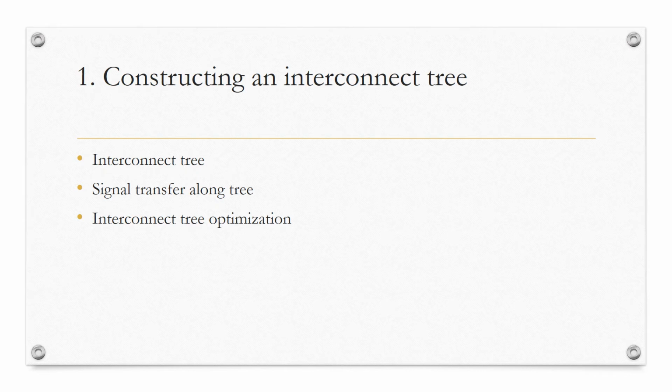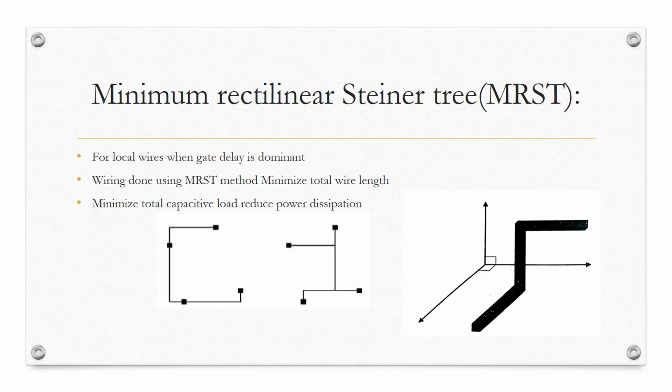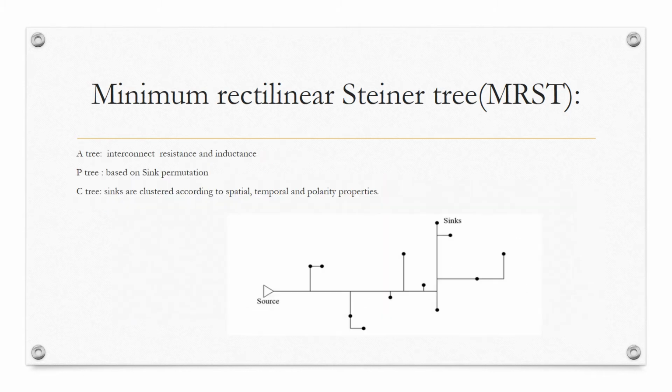So now we'll be discussing how to model the global wire. There are various trees which are used to model the wire. Here you can see the various spanning trees or shortest path algorithms which are also used in computer networking. They are applicable here. Using them we reduce the overall length of the particular global wire. So this is an example of the various trees, ways, or methodologies for modeling the global wire.